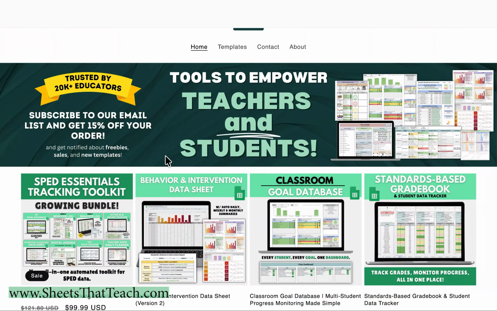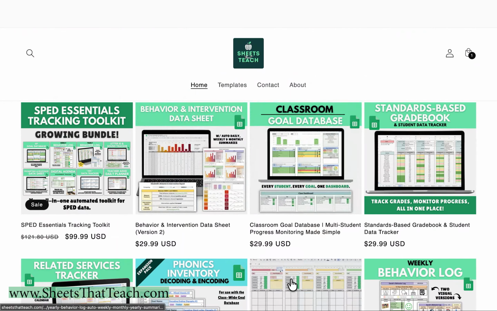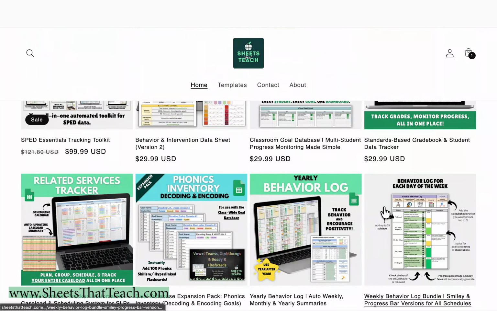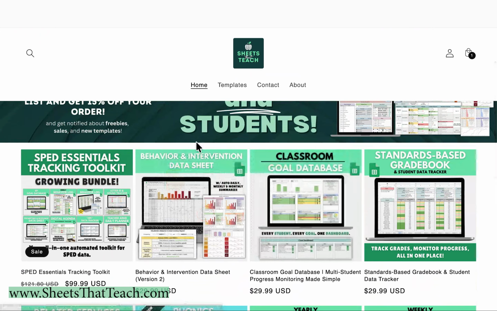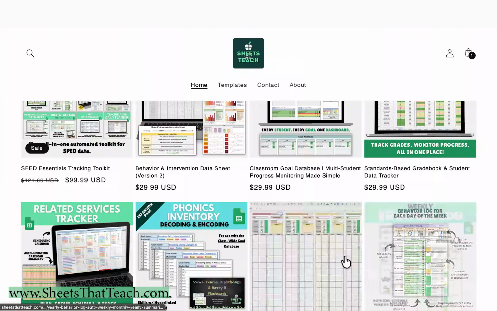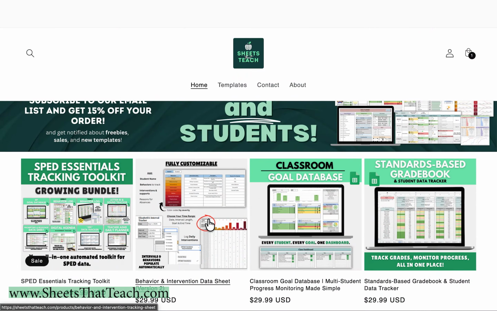It was the behavior interval frequency data sheet, not to be confused with our yearly or weekly behavior log. Your yearly and weekly behavior log are going to be for those positive, very safe skills that the student could be learning, whereas your behavior and now intervention data sheet are really to show those more disruptive, unsafe behaviors. So this is safe, positive skills that can be learned, but with the behavior data sheet, that's really the